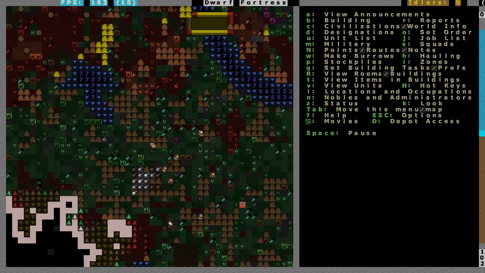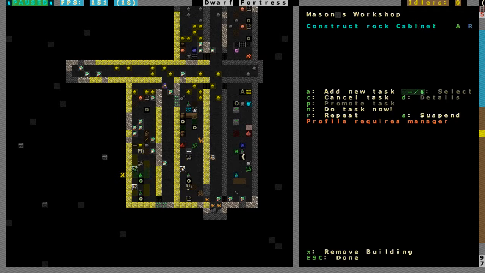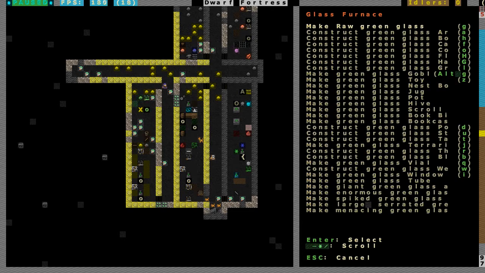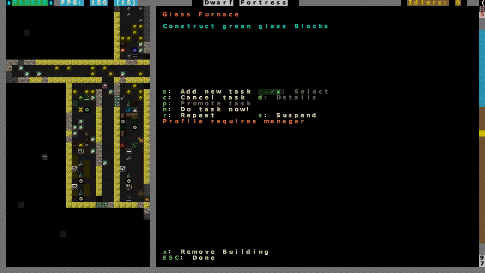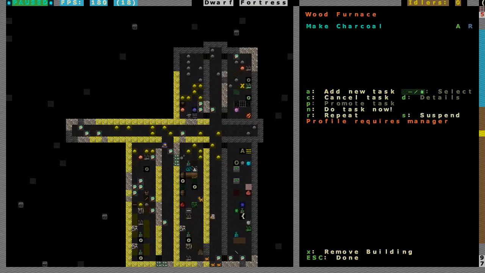And I guess that means we've got to make some glass. Glass furnace. So we're only going to be able to make green glass. So we don't have any of the stuff. What is all this? Right, you can basically make anything out of glass. Green glass blocks on repeat. That's going to use fuel, isn't it? Well, we're constantly making